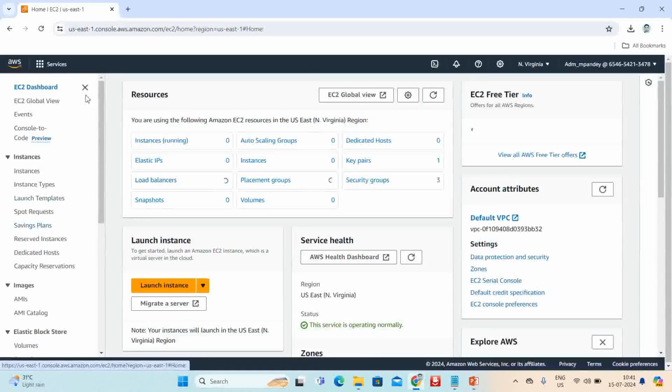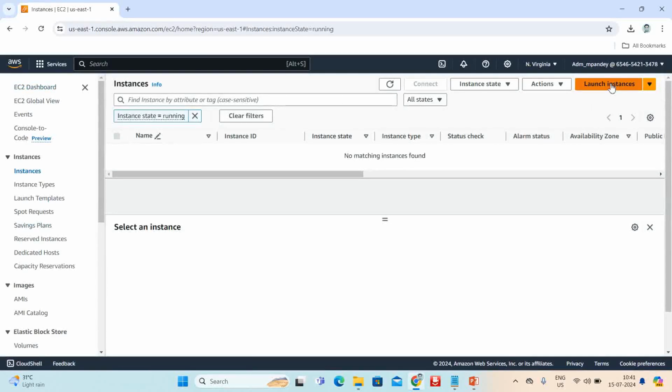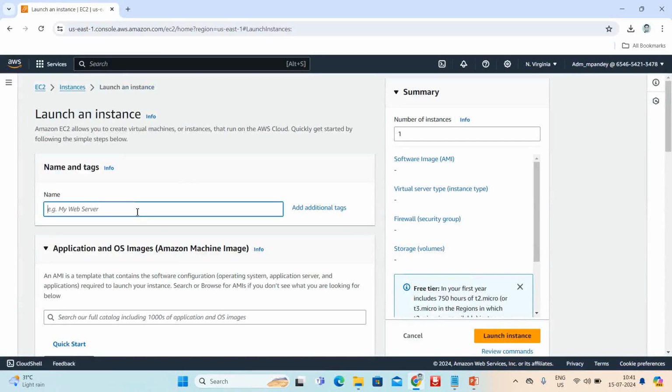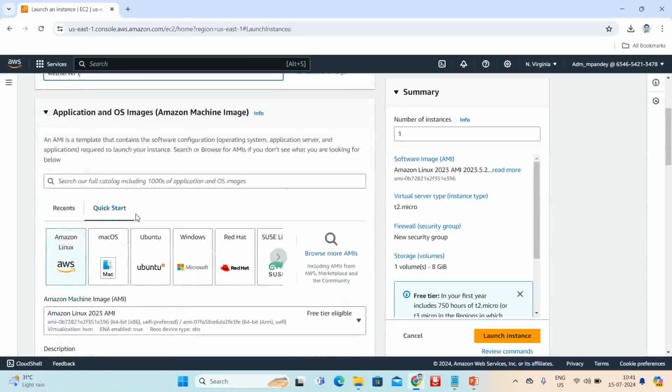Then we'll come here, go to the instances, right? So click on that and you can click Launch instances. Here you can put a name, in my case I'm putting web server 1, right? And the other predefined operating systems are here, that is called the AMI, Amazon Machine Image,